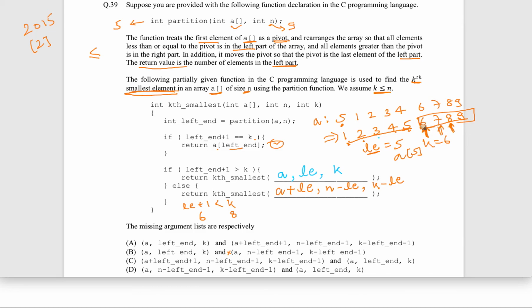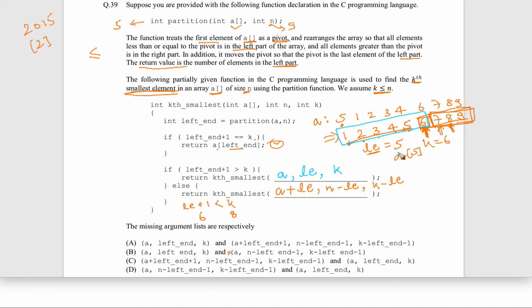Then why bother to keep this 6 in the second partition? I mean, it is definitely in the second partition, but while we are recursing, why bother to keep it? We can directly start from here. So from 7 we can start and go forward. And for that there is a very small, simple manipulation which we have to do. So earlier we were handling everything with le, now we will handle with le plus 1. So all this le plus 1 we have to consider as gone, and on the rest of the array only we have to work.